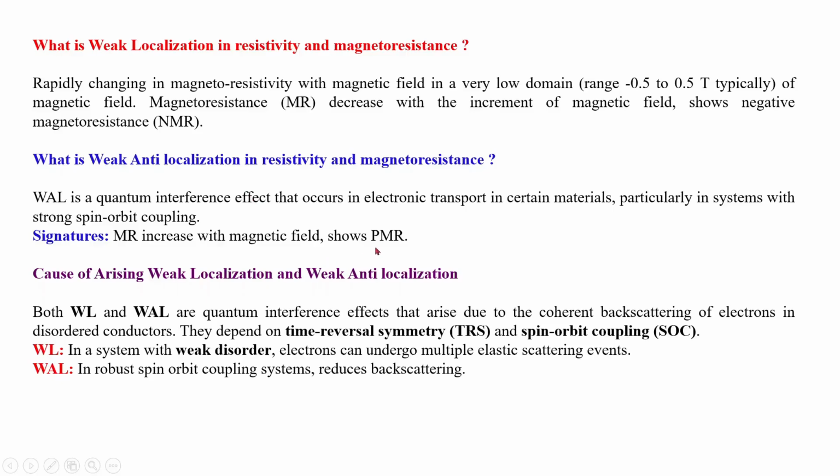So these are the signatures, this shows the positive magnetoresistance, and this is the cause of weak localization and weak antilocalization arising. Weak antilocalization is also observed in clean systems, but weak localization comes in the